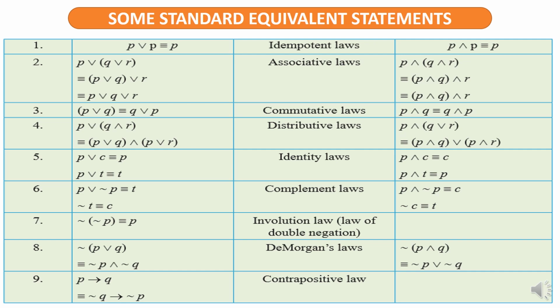Now the most important, De Morgan's laws. Negation of P or Q is not P and not Q. Similarly, negation of P and Q is not P or not Q. Again, this is nothing new to us. In the last lecture, we have already dealt with this particular law actually.